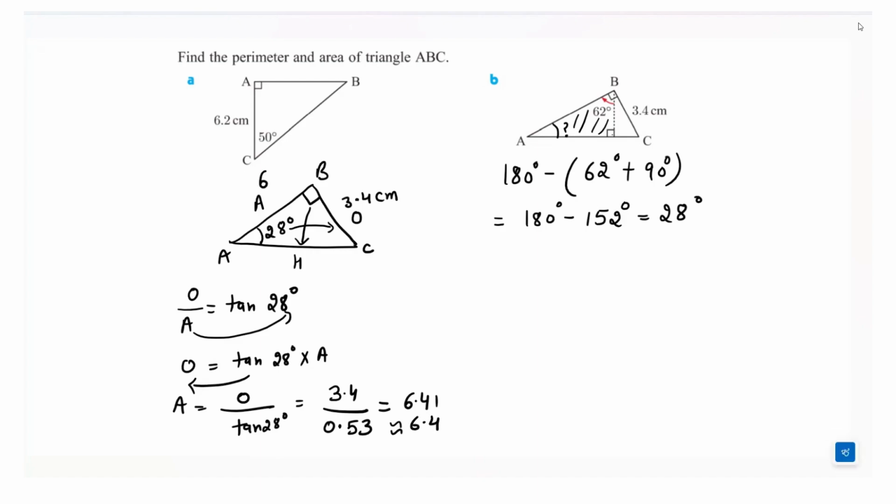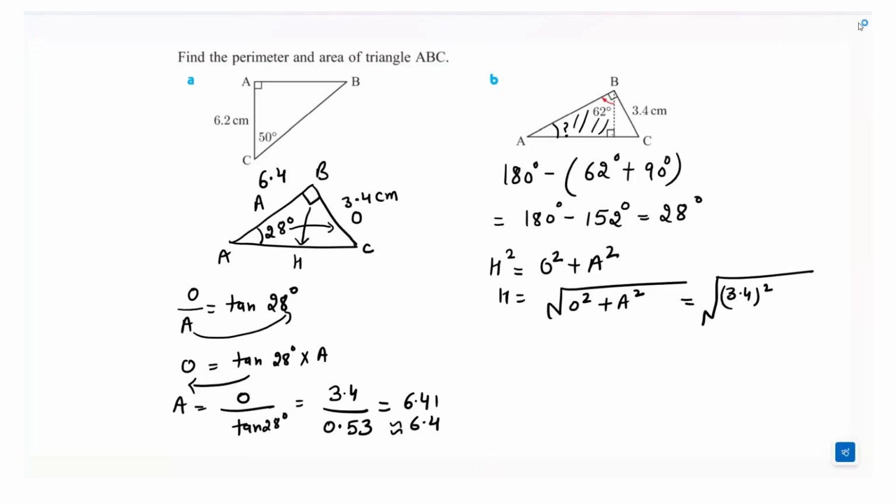Now, we already know what is the value of A, which is 6.4. Now, we have to find out the value of H. So, again, we will use the Pythagoras theorem here. H square is equals to O square plus A square and H is equals to square root of O square plus A square. Now we will put the values here. O is 3.4, we'll write down square of it, plus A is 6.4, so we'll write down 6.4 square. Now we will calculate the value of 3.4 square. So we will multiply 3.4 with 3.4, we'll get 11.56. Then we will multiply 6.4 with 6.4, we will get here